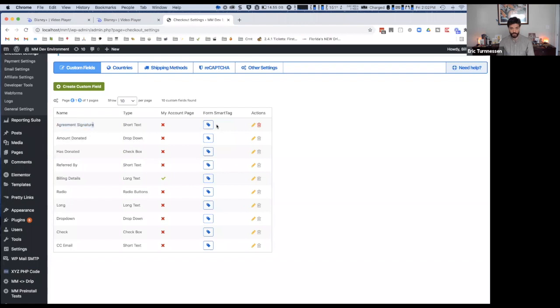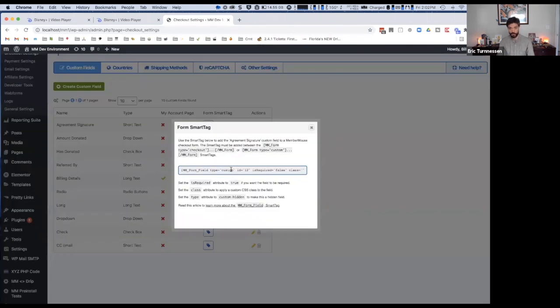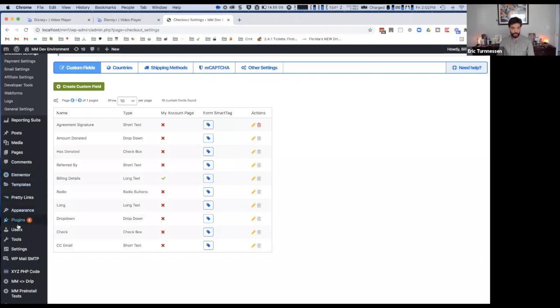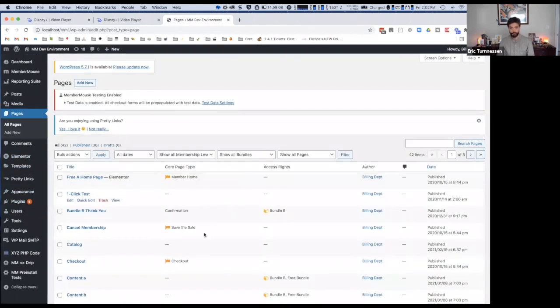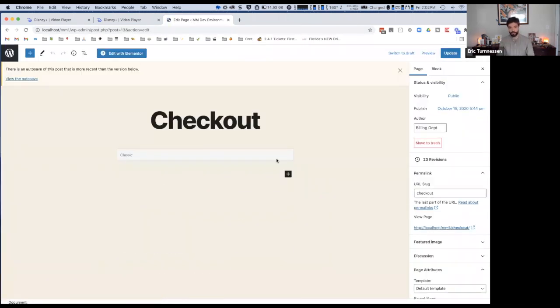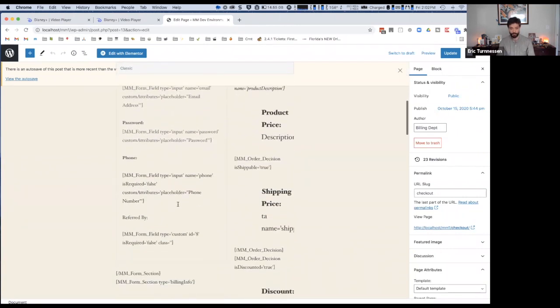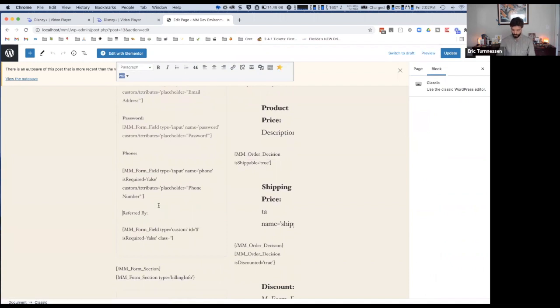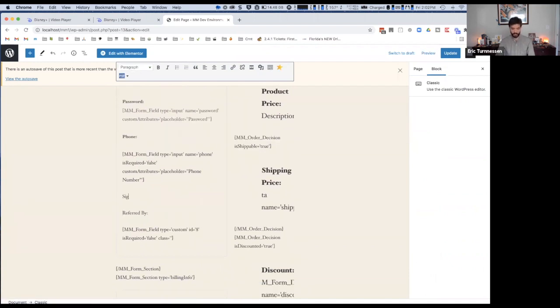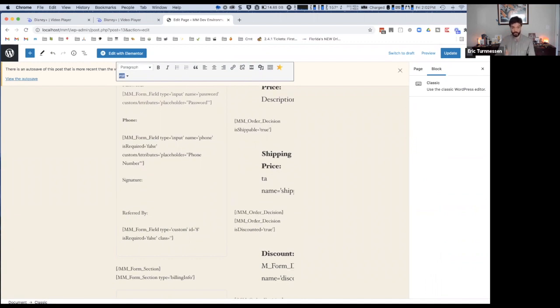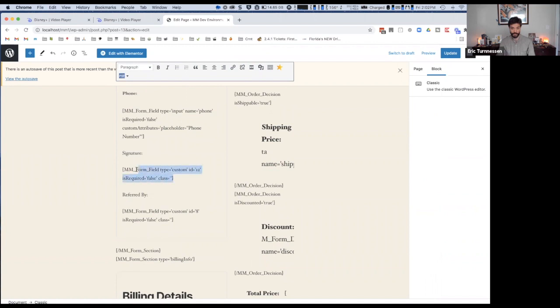Then now we have this short text agreement signature. You copy this smart tag, and then we go to our checkout page. It doesn't have to be on the checkout page. Like I said, you can do this on a form where you just collect other information, but just for the sake of time and ease, I'm just going to show you. So if I want them to fill out their signature here, I'll just paste that thing that I just copied in, save that,